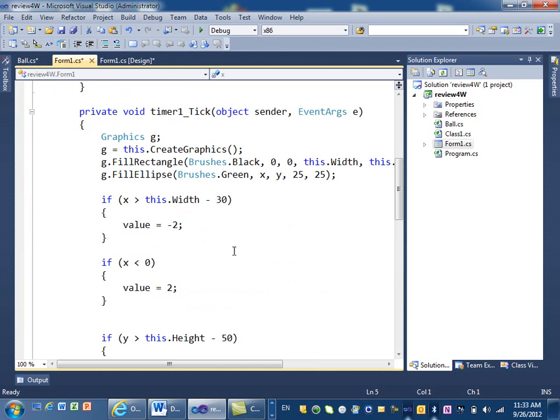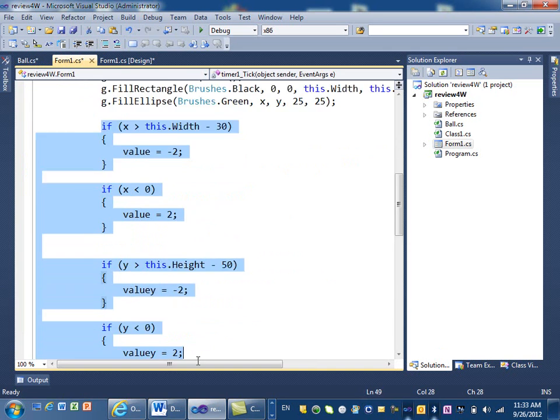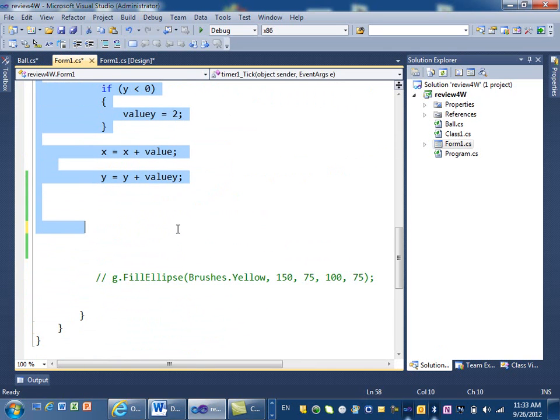I have the logic here, right? The moving logic, you see all of this? If X greater than blah, blah, blah, all of this. I can take this and put it in my class, and then I can use it in my class. Okay? So if I do Control C,